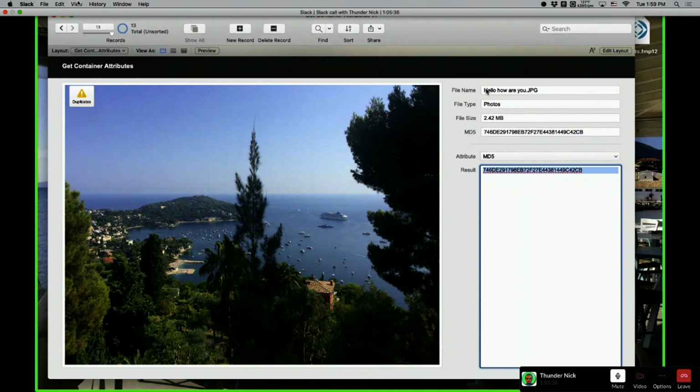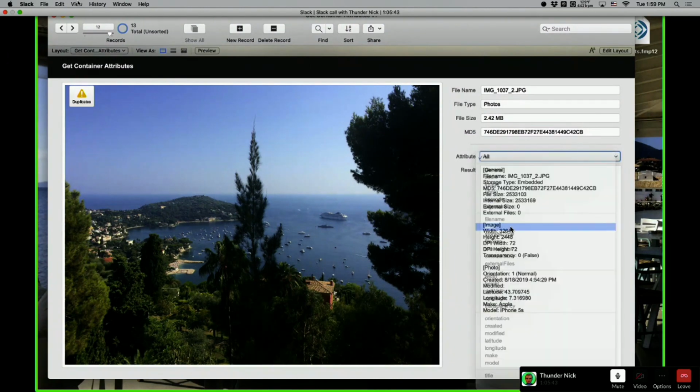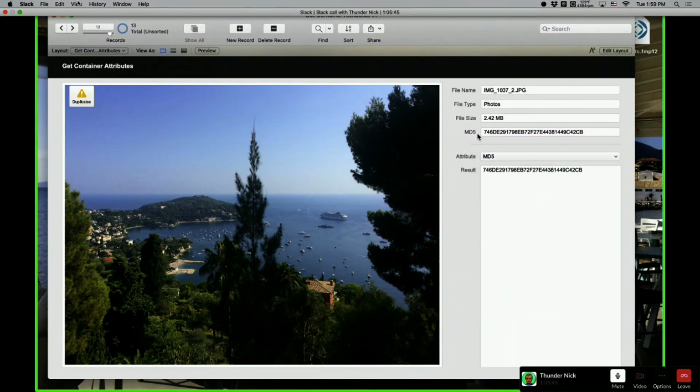So I know that this is the duplicate because the MD5 is the same. Those two pictures were two different files with two different names, and they were identical. I duplicated the file, so it says yes, this is completely the same file.